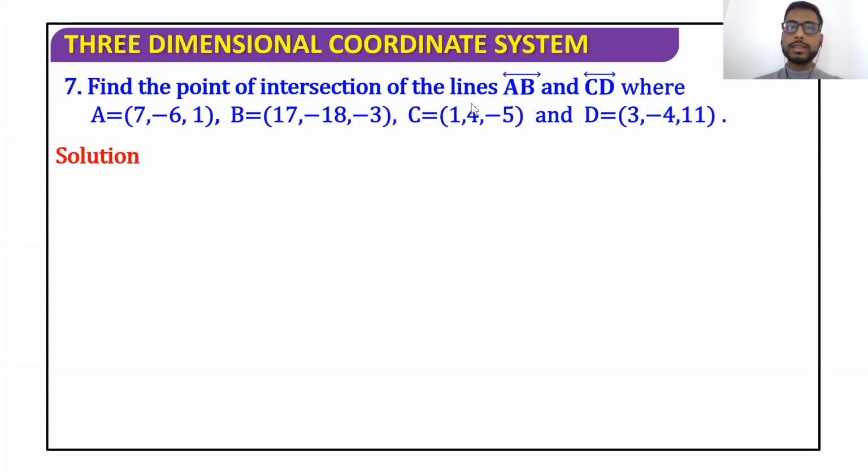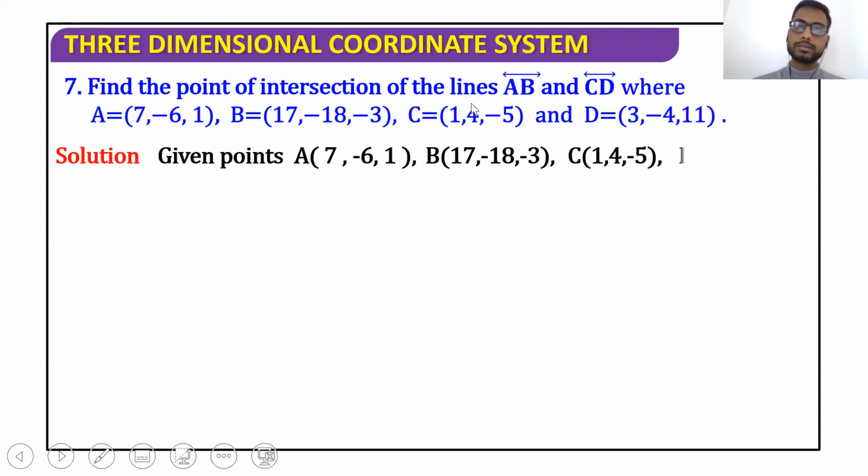Okay. So it's similar to your 6th question. You have to find the point of intersection for AB bar and CD bar. 4 points are given to you. So let us say that point P lies on AB bar, which divides it internally in some ratio, say suppose lambda is to 1. Then point Q lies on CD bar, internally in the ratio, say suppose k is to 1. Simplify and get the values of P and Q. If the values of P and Q are equal, which means that they are intersecting.